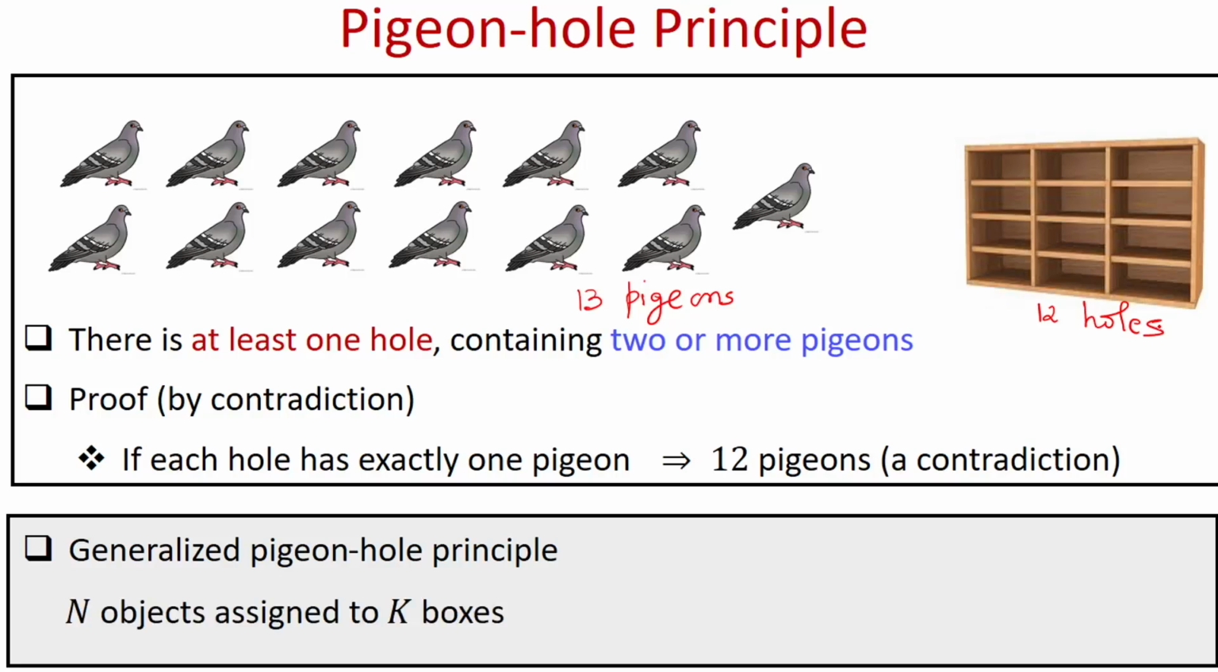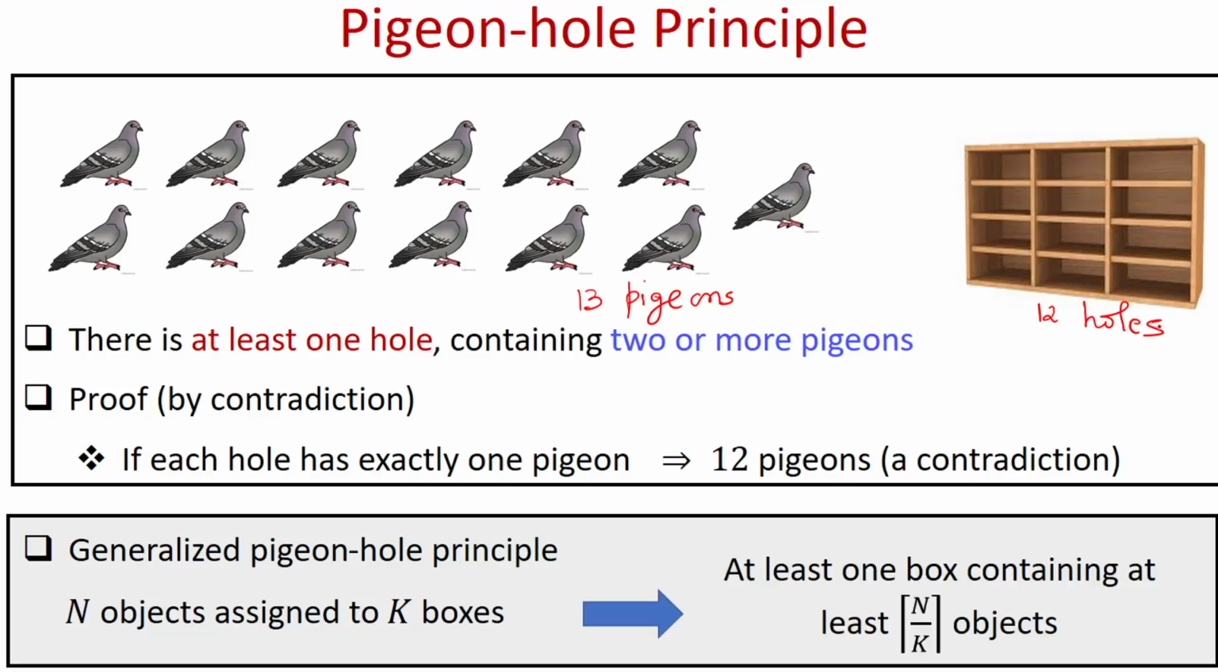So the generalized pigeonhole principle is the following. Imagine you have n objects. In this case, you had n pigeons. And suppose those n objects are assigned to k boxes in a random fashion. Then the pigeonhole principle states that there will be at least one box which will have this many objects. This notation is called the ceiling notation,